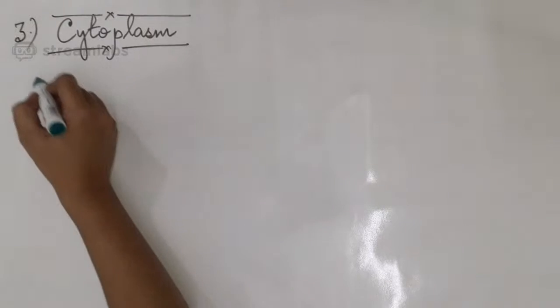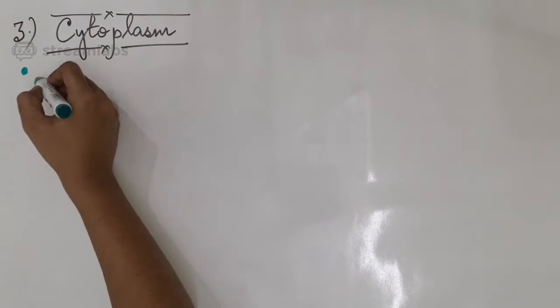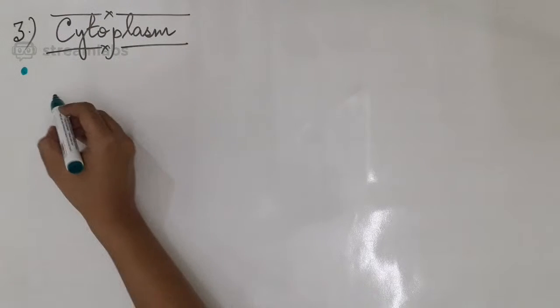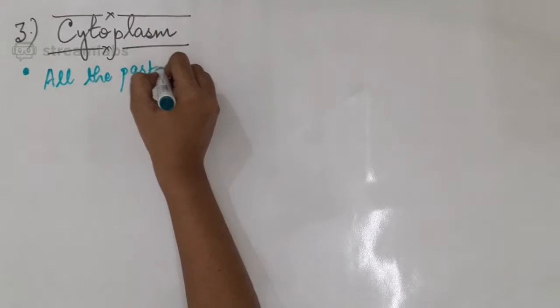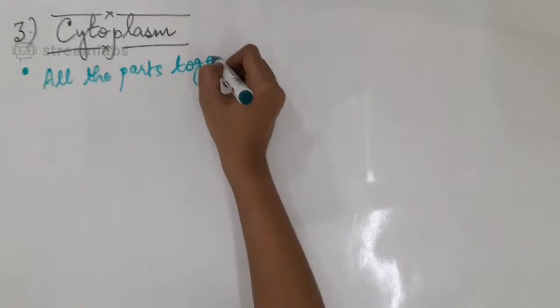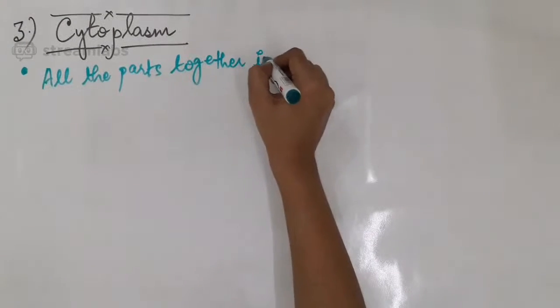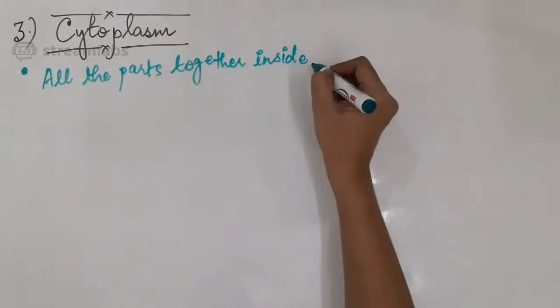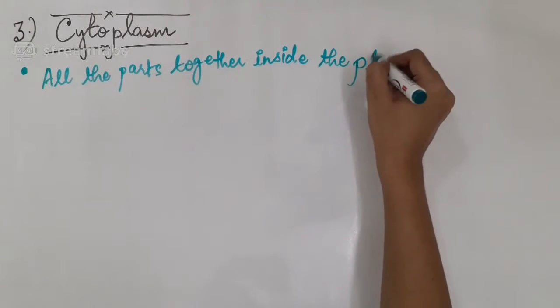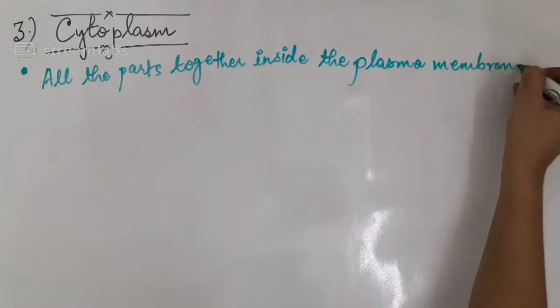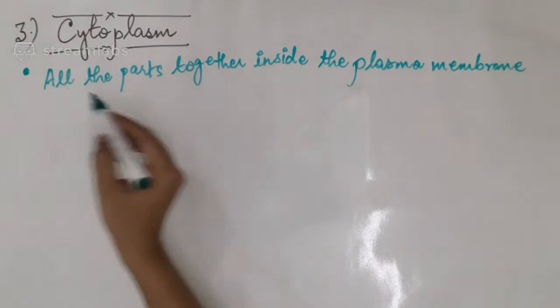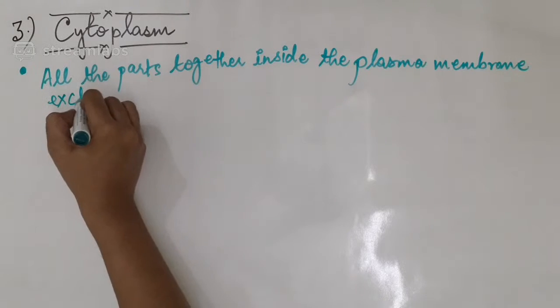So you can write the major characteristic as all the parts together inside the plasma membrane or the cell membrane, excluding